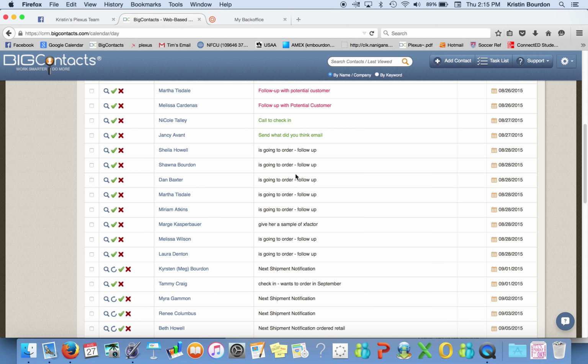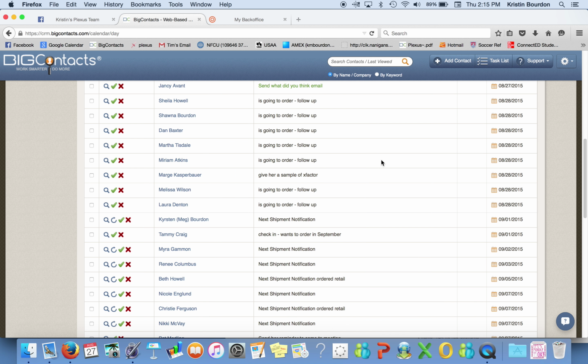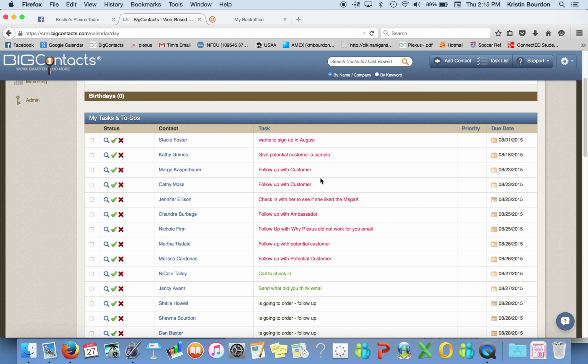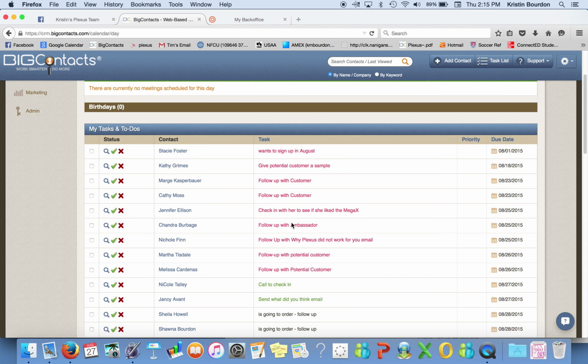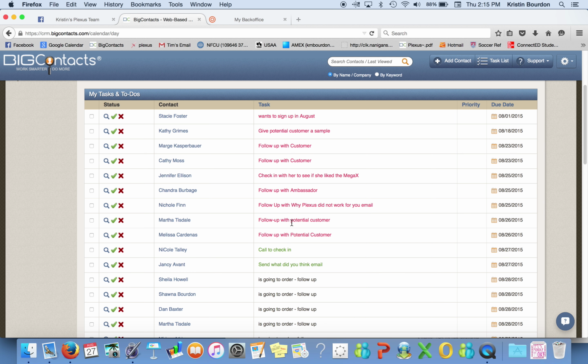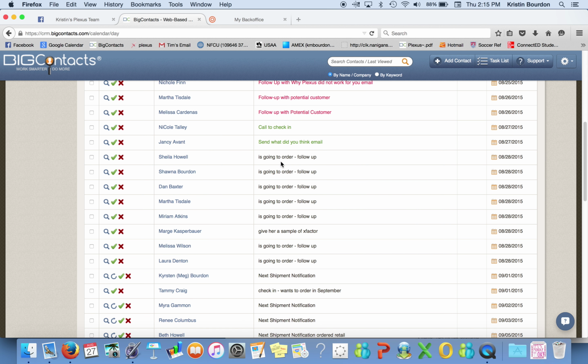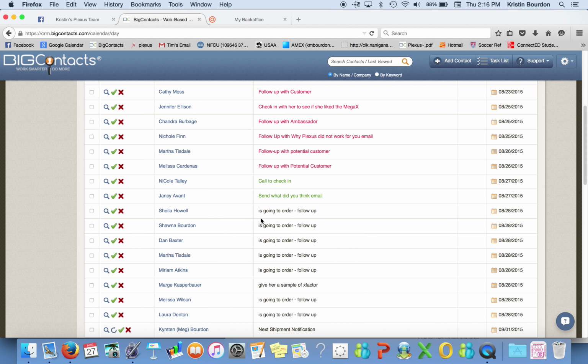Tomorrow, all of these tasks will be in green, and these will be in red. Okay, and I like to stay on top of my tasks. This is a short list. Sometimes it's a mile long, which is really exciting because that means I have a lot of work to do. This only shows these tasks in black are anything that I have entered that are not part of the automated